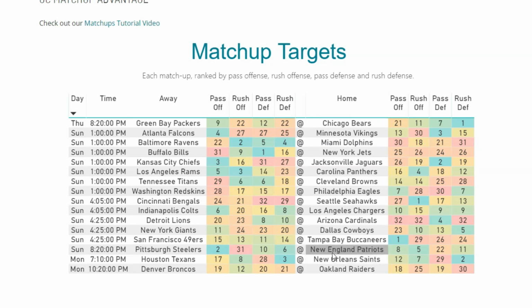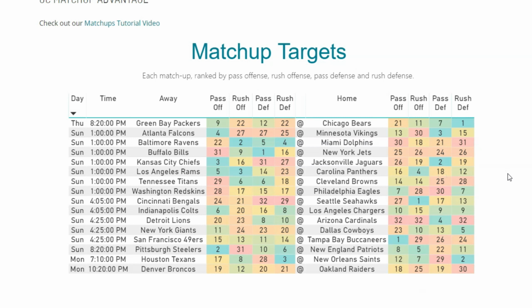So you'll see the Buccaneers are on here, the Steelers are on here, and the Chiefs are on here. Each team is broken down by their pass offense, their rush offense, their pass defense, and their rush defense, all by the total ranking. Then what we do is basically say, okay, if the Chiefs have the 3rd best pass offense, which they do right here, and they're playing the Jacksonville Jaguars, who have the 2nd best pass defense,